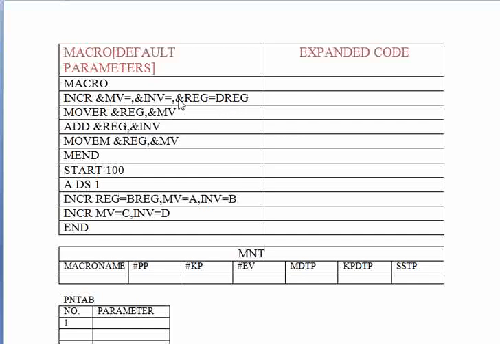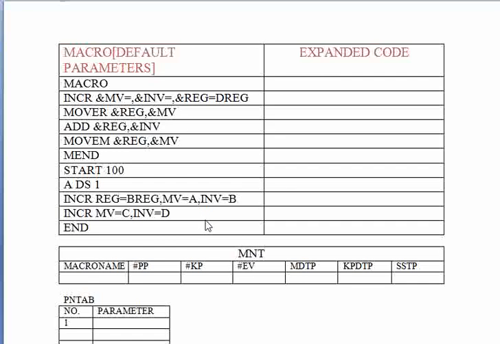I have given two kinds of macro calls below in the code. In the first one, I have overwritten this default value, so I have given a value for the register. I am saying consider B register. In my second macro call I have not sent any value for the register variable, which is over here. That means in this case the default value has to be taken.